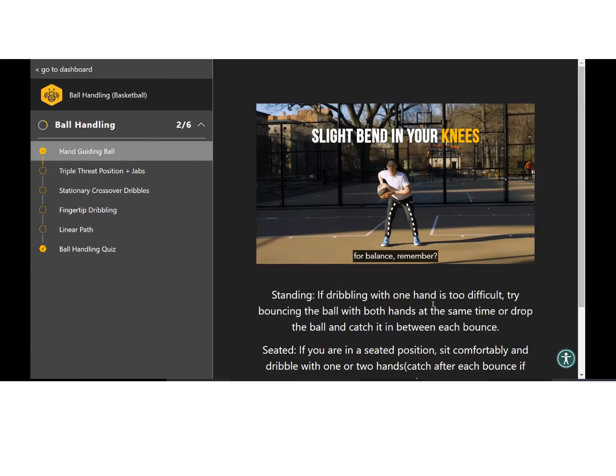Because what we're really trying to do is, learning any physical skill like this without having a coach next to you is of course very difficult. And we want people to learn safely and properly. And so when we have these visual cues, it's our way of saying, hey, these are the things that are very important for you to learn properly. The rest of it, your elbow doing something, your head doing this, it's not as important. It'll come with experience and time.